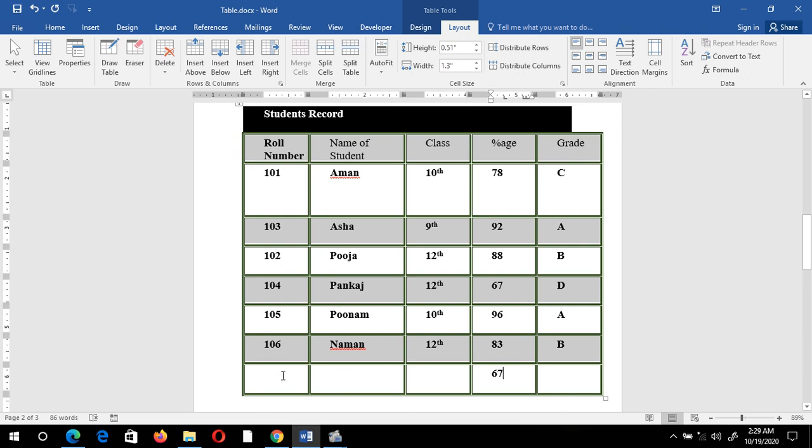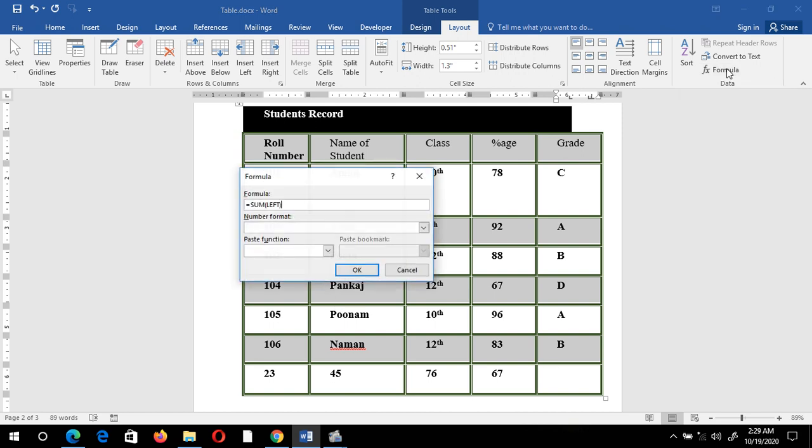Now suppose some numbers are written here, 23, this one, and I want to find the sum of these cells horizontally, and I want the result to be in this cell. For that I again press this formula option.